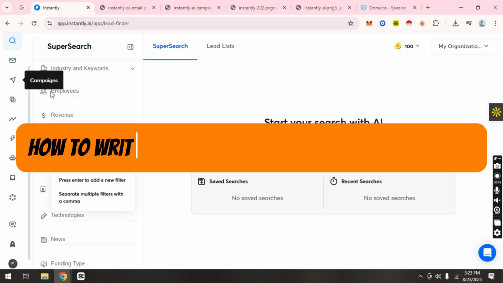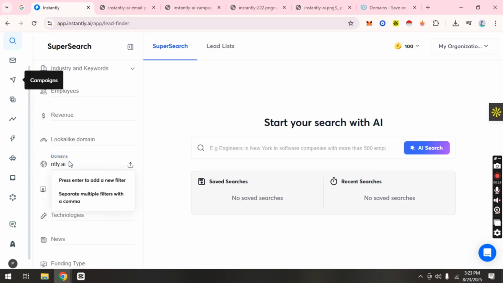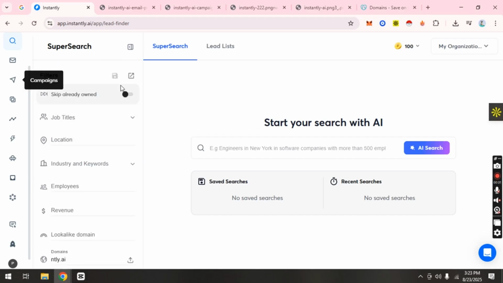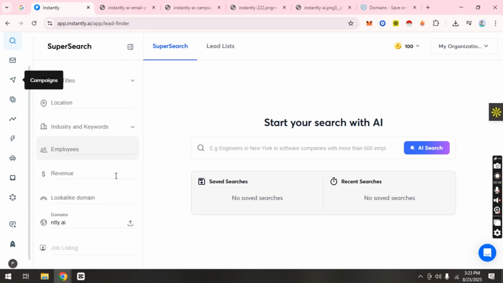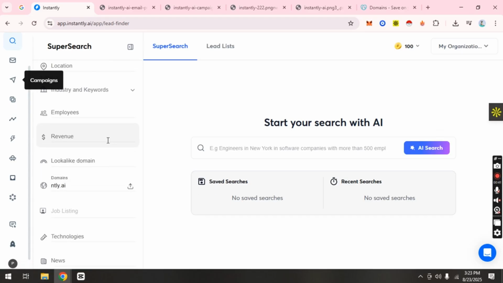How to write personalized intro lines in Instantly.ai. Writing personalized intro lines in Instantly.ai is one of the best ways to grab attention and make your cold email stand out from the dozen of generic ones prospects get every day. Instead of starting with a bland opener, use custom variables and lead data to create intros that feel relevant and